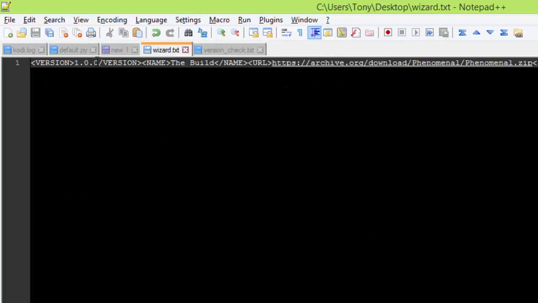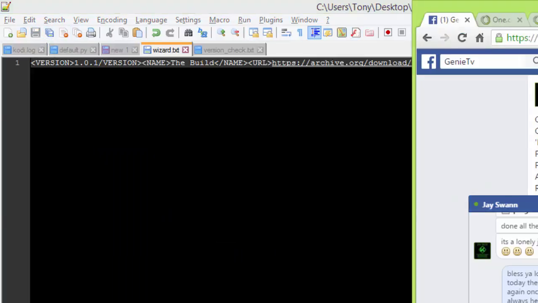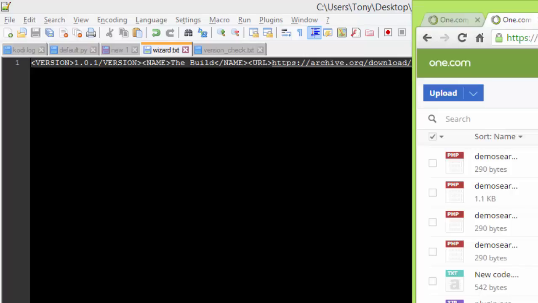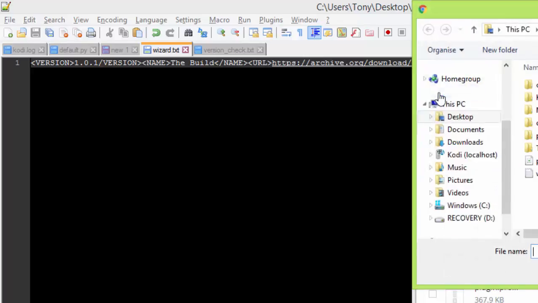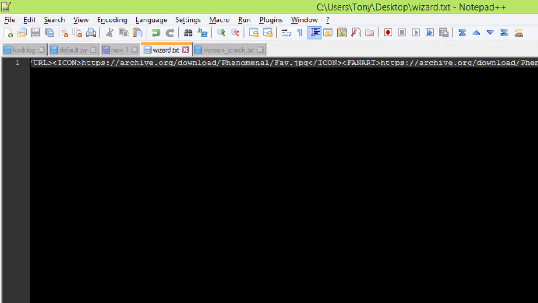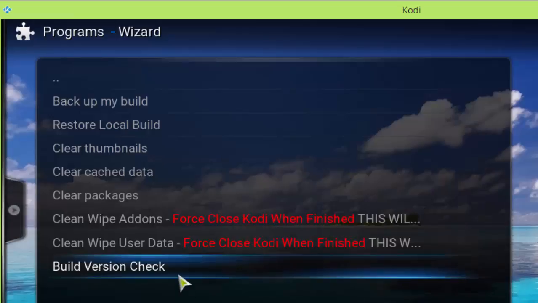So now what we'll do, we'll change that to 1.01, save that, upload that to where we had it before. So let's upload that off the desktop. Wizard text, overwrite it. Okay, give it a second just to make sure it's live. Then press OK on that. Lovely, you got the new version. Press that,